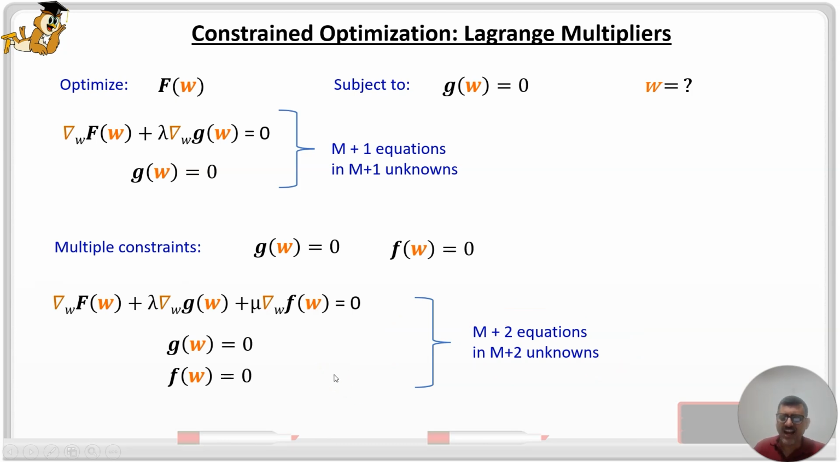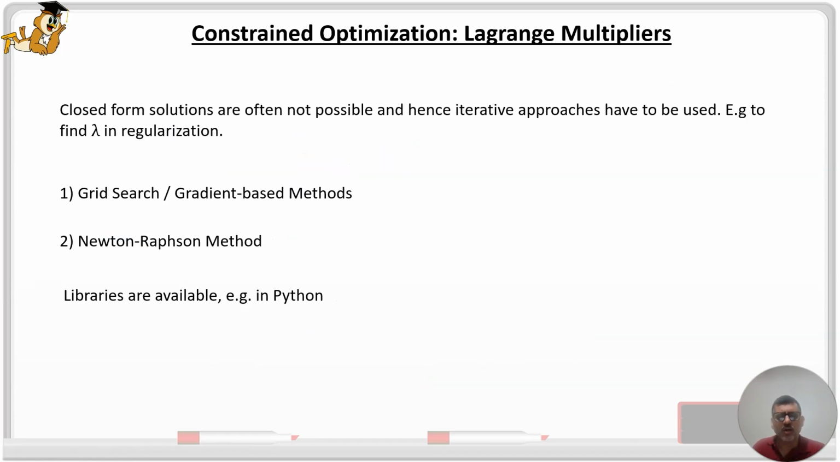Now, how would you generally go about solving these? Well, closed form solutions are often not possible. I could always create some very simple equations for the function to be optimized and very simple equations for the constraints, and then you would be able to work out closed form solutions. But most often in practical scenarios, closed form solutions are not possible, and therefore iterative approaches have to be used, and that is exactly what